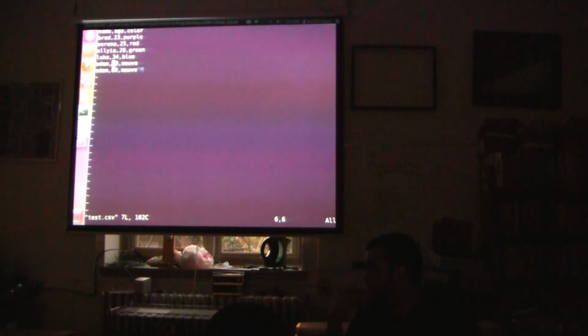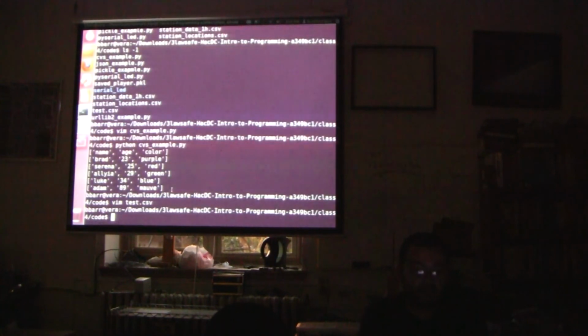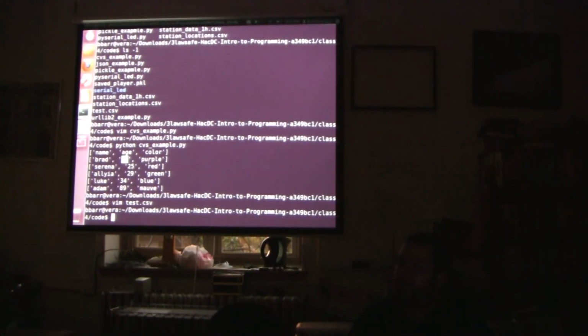But what should it be doing with those that it's not doing? Making them numbers, right? Wouldn't it be really convenient if it could detect whether or not those were numbers and then just automatically convert them for you? It doesn't do that though. Because it's got those quotation marks, right? Yeah, exactly. So if we look here back on the command line, we can see that 23 is surrounded in single quotes, which means it's a string and not a number. It would be really nice if it converted it for us, but it's really hard to tell whether or not you want to do that.